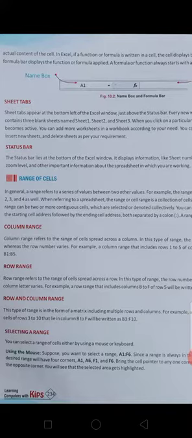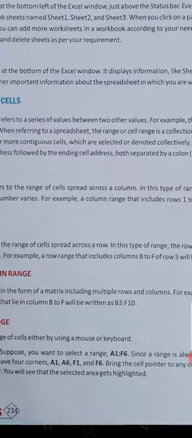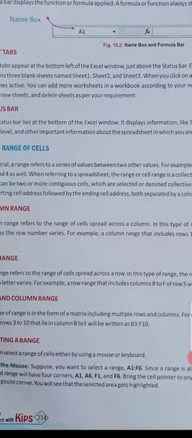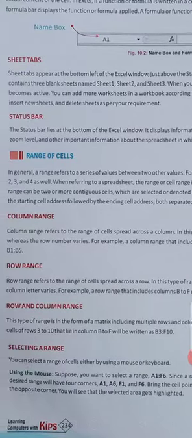So if we select the first column B, rows 1st to 5th, then it is known as B1 to B5. Row range like B9 to E9. Row and column range work together. We can use it in a matrix format, so it will be known as B3 to F10.